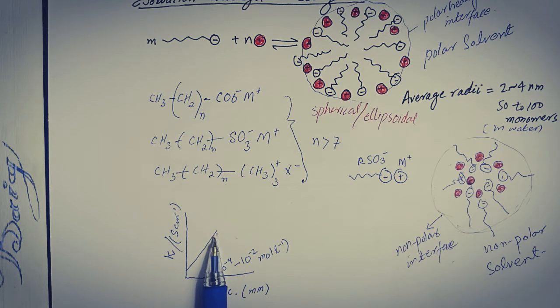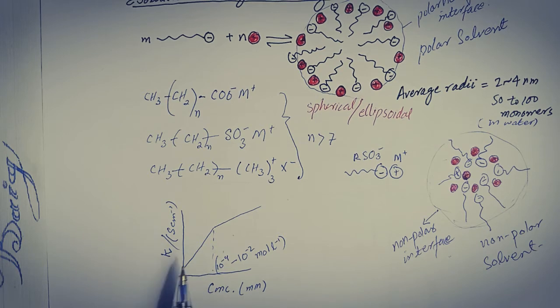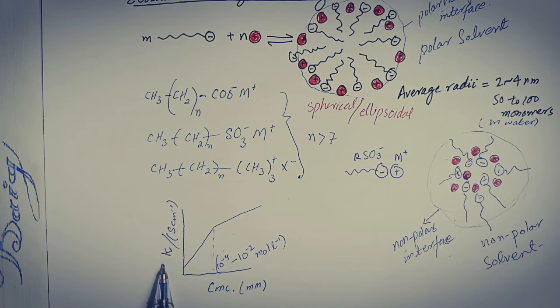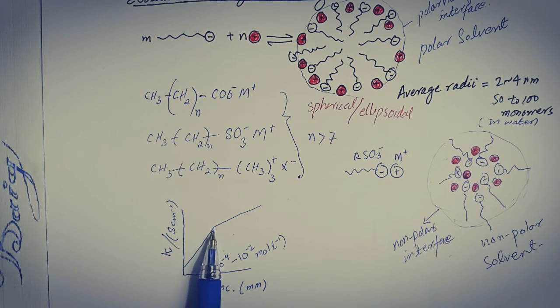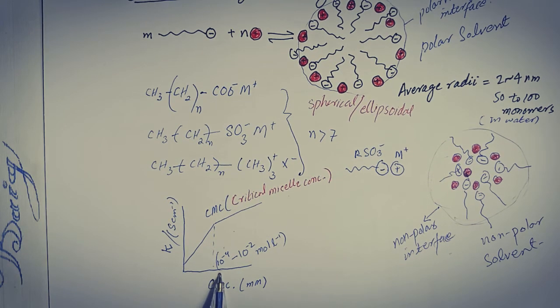After that point, the trend of rise in specific conductivity of the solution with concentration is changed, and this turning point is known as the critical micelle concentration. That is usually observed around 10 to the power minus 4 to 10 to the power minus 2 mole per liter